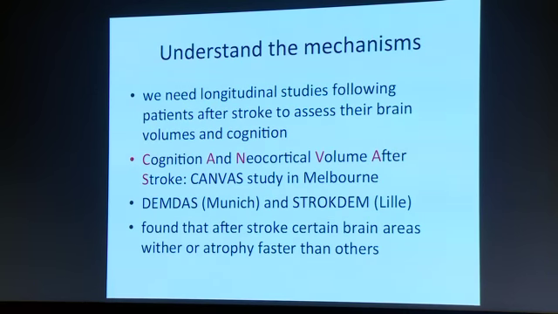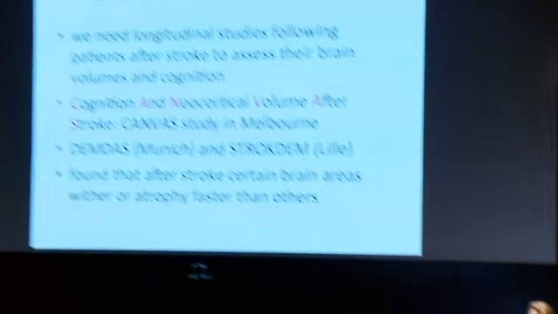Is it everyone? Is it just the people with high blood pressure? Is there something specific about these people? What we have found, and I'd have to emphasise that this study is, we're just getting to the 3-year follow-up with a very small number of our patients now, so we're really in the mid-stages of the study. But we are finding that certain areas of the brain are really vulnerable and they wither or atrophy